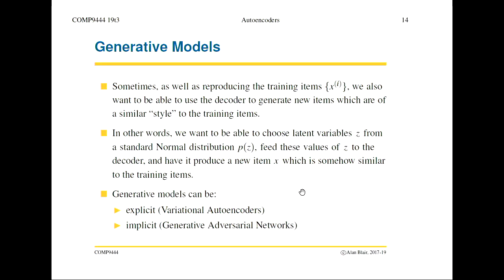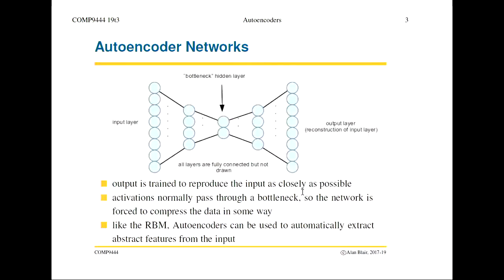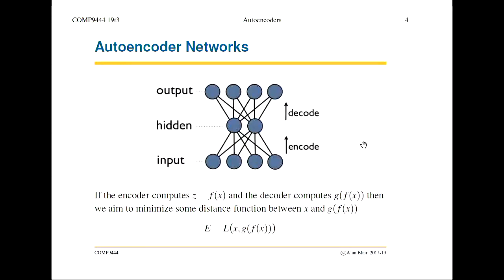Right? So let's suppose I've trained an autoencoder. Then theoretically, if I throw away the encoder and just keep the decoder, and I choose random values for those hidden units, then it should be able to produce an image, and maybe it will be a realistic looking image. This is the idea. We'll look in more detail at the architectures of this next week, but